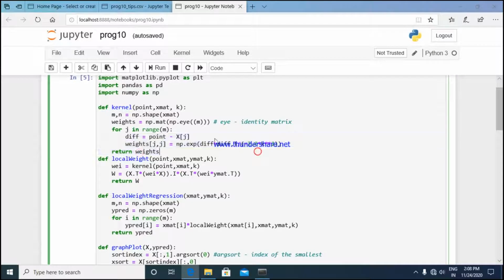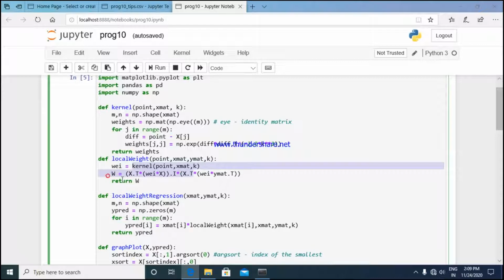This kernel value is given as an input to the statement w = kernel(point, xmat, k). This w is given as an input for calculating the local weight. What is the formula for calculating the local weight?